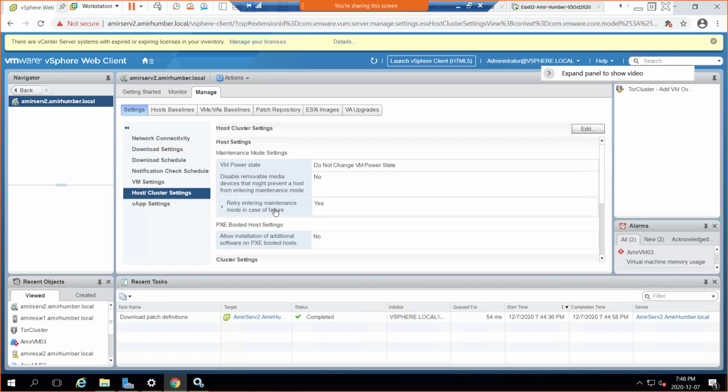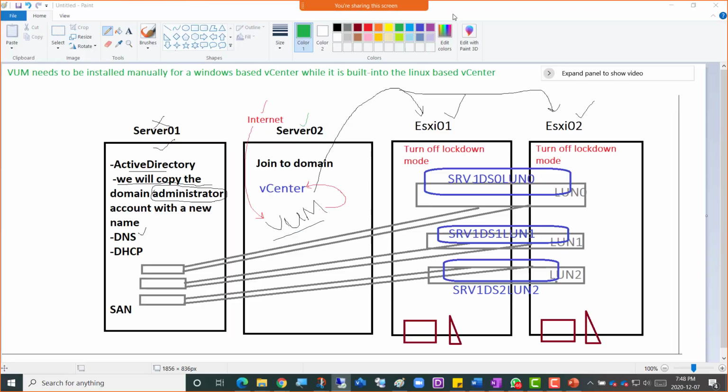Okay, and then there's PXE booted host. PXE means pre-boot execution environment, and some of you may know what PXE is. But suppose you have a server here, and then you purchase some new desktops which are empty. You want to deploy Windows 10 over the network to these empty desktops.